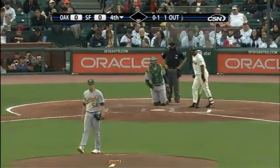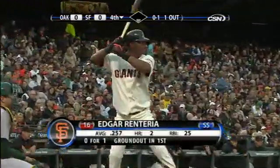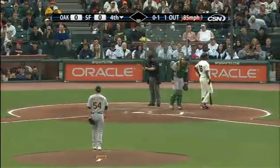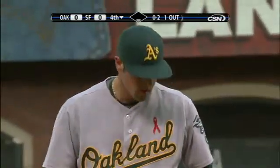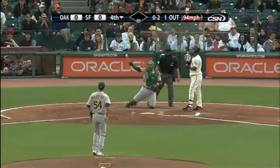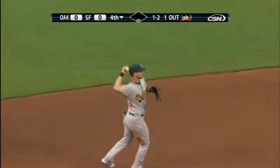Renteria asks for time. Well, Mazzaro, like all good sinker ballers, likes to work fast with nobody on base. Something that Rick Russell taught me when I was a young pitcher of the Cubs organization, and he was an established horse. Say, Rick Russell would pitch, and you would look up and, wow, we're in the 5th inning already? And the pace of the game was going just like this one tonight. 1-2. But his reason was, if you're a sinker baller, you got to keep your team in the game, keep them on their toes. Look out as that bat went flying into the